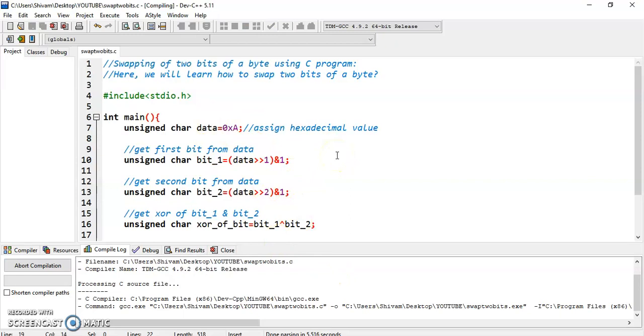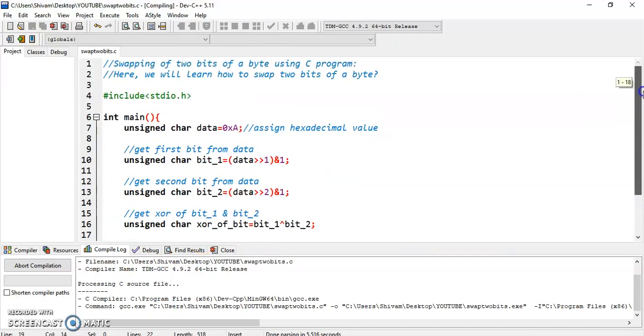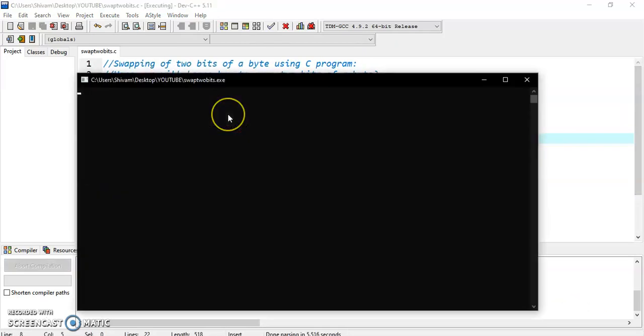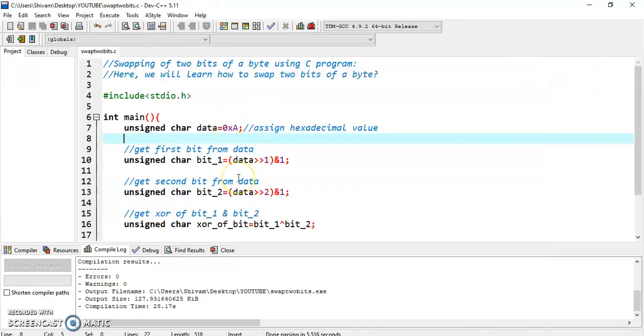Just a minute. So it is working properly. And yes, after swapping the bits, data value is c here. So here we have done how to swap two bits of a byte in C programming language.